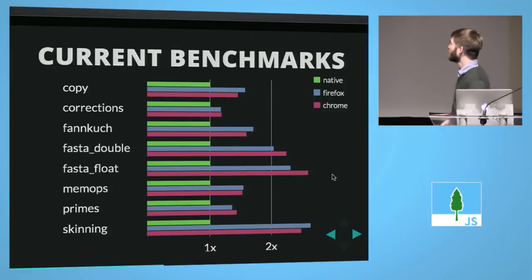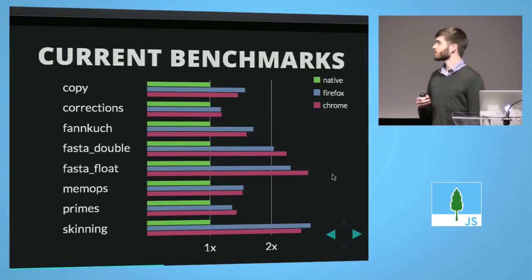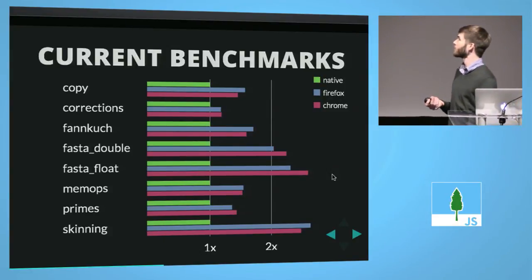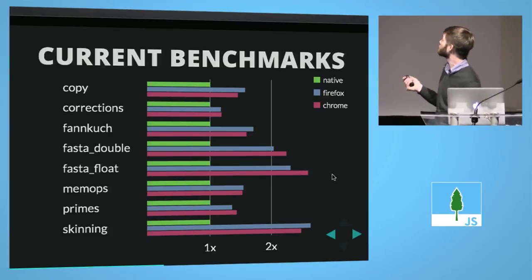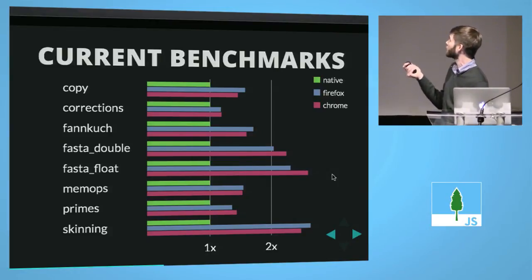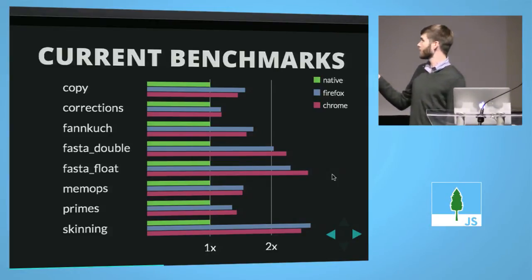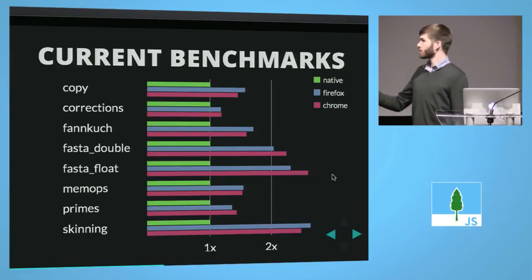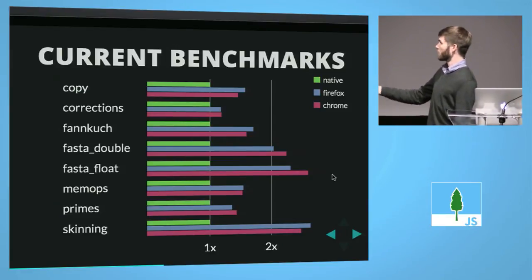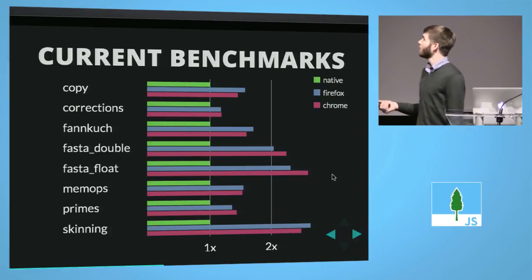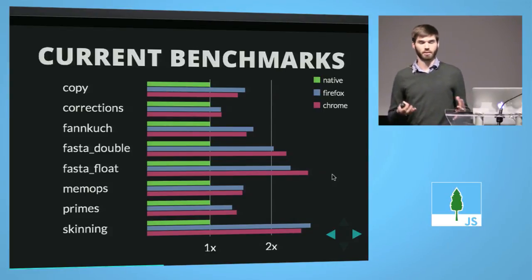Did run, cool. So these are current benchmarks. I'm just going to kind of fly through these because I'm taking longer than I thought. So you can see Firefox is blue, Chrome is red, and green is native. So this is the time compared to native. So like you can see native is at the 1 time speed because it equals itself. So you can see Chrome has caught up pretty much if you run anything of the use asm module, Firefox or Chrome,